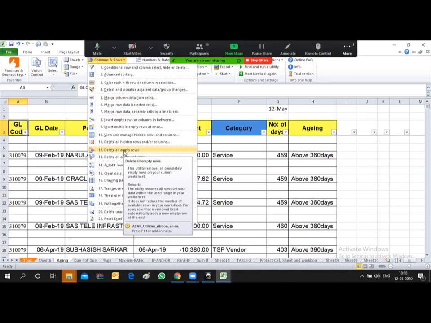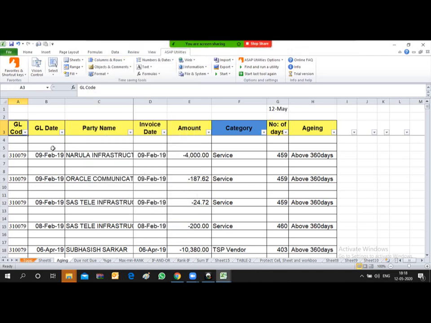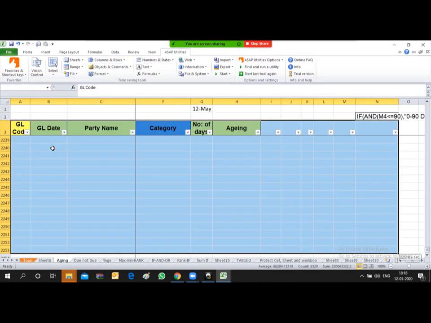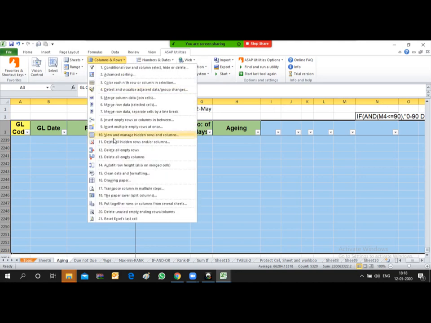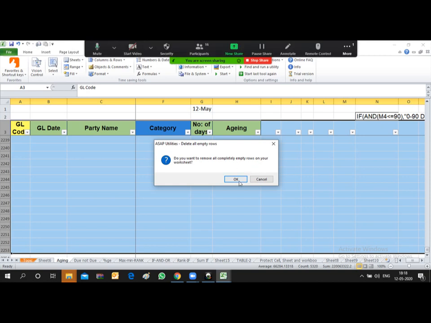Okay, so the function is available over here to delete all empty rows. Very nice. So let's select this up to the end, and go over here and delete all empty rows. Do you want to remove all completely empty rows on your worksheet?